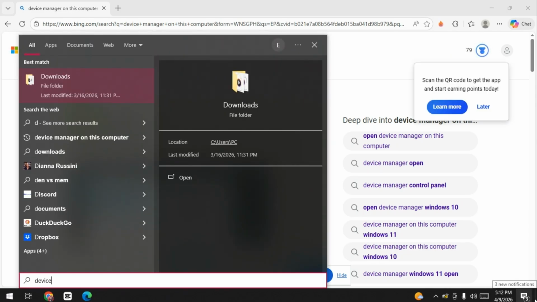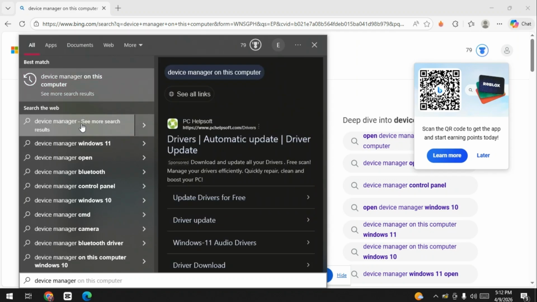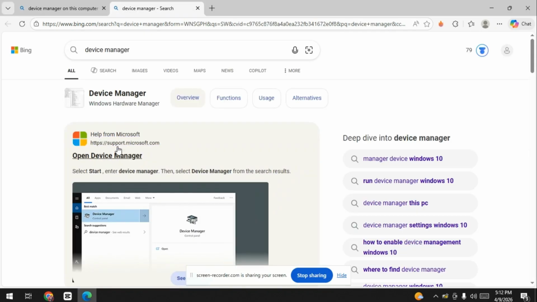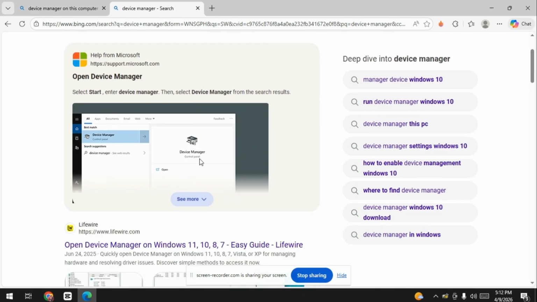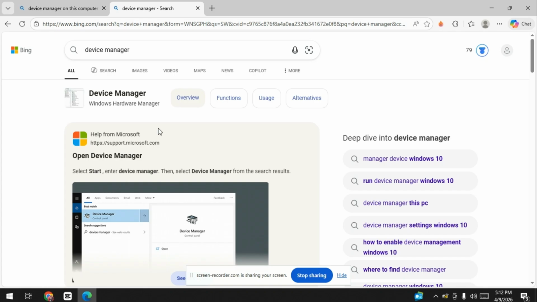Then right-click the specific device and select Update Driver. Choose Search automatically for drivers so Windows can find the latest version online and install it for you. If Windows says the best driver is already installed, you can still check manually by selecting Search for Updated Drivers